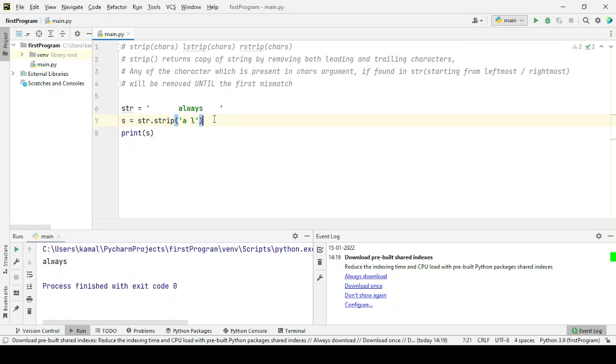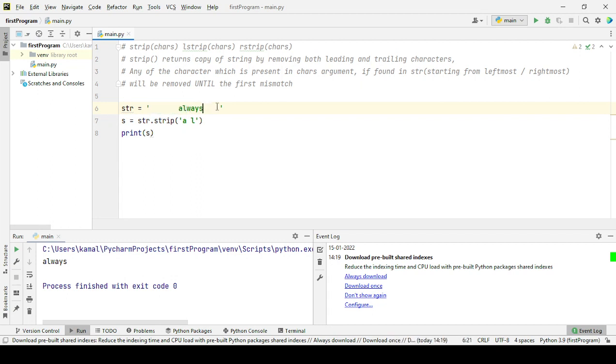So let's look at this example. Suppose we have passed a, space and l in the strip method, three characters. What it will do is look from the left first, because we are using strip, so it will look from the left and from the right, both sides. Let's look from the left. Space, because we are passing a space and l, so the space will be removed, again space, all the spaces will be removed. Then there comes a, which is also in the passed argument, so a will be removed. Then there is l, so l also will be removed. Then there is w, which we have not passed here, so there is a mismatch and it will break. It will remove till this.